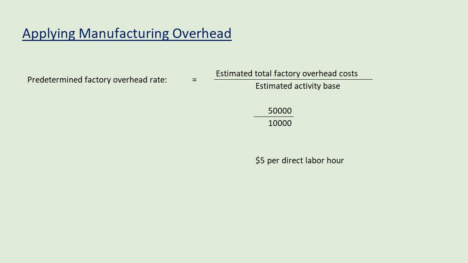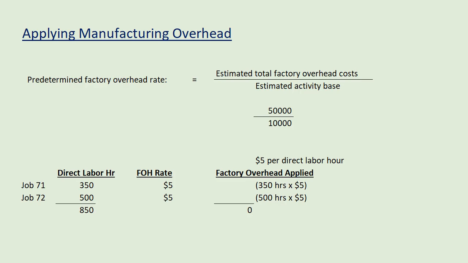With this rate, we could apply to any cost object, and recall that a cost object may be a product, a sales territory, a department, or an activity such as research and development. Let's say the cost object here is job number 71 and job number 72. Job 71 has 350 direct labor hours, job 72 has 500 direct labor hours, and when we apply the predetermined factory overhead rate of $5 per direct labor hour, so $5 times